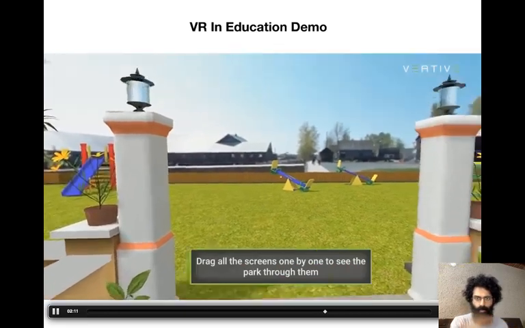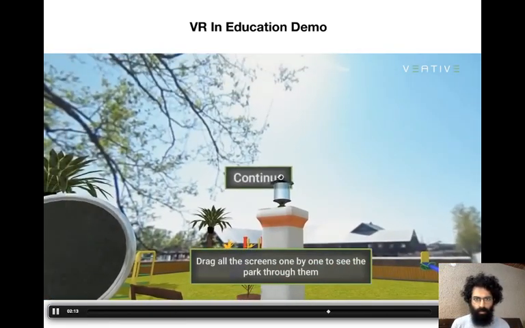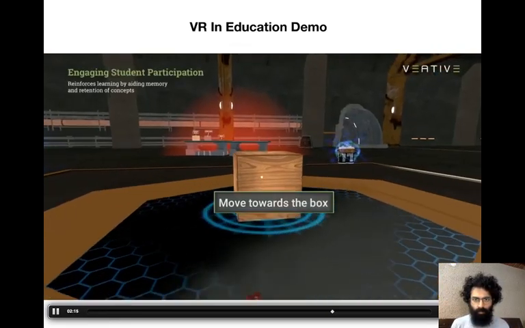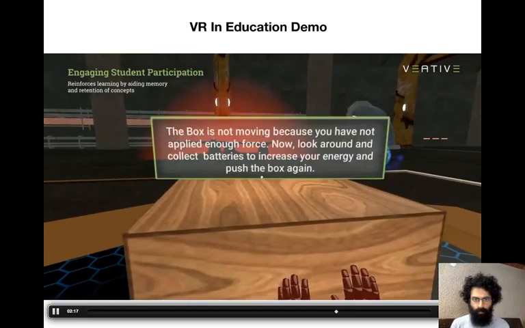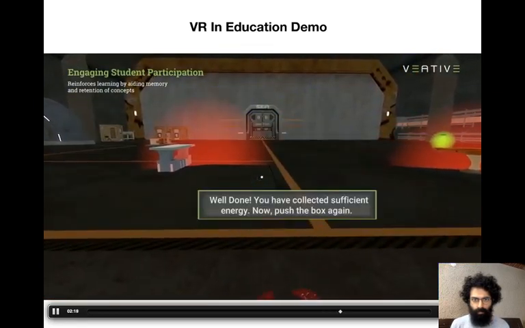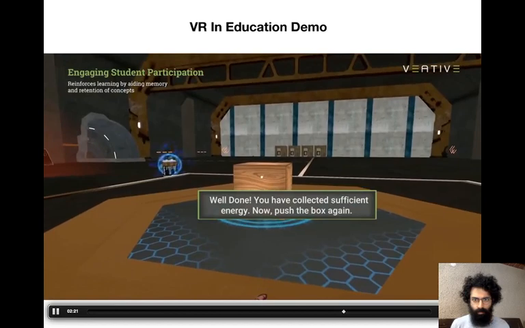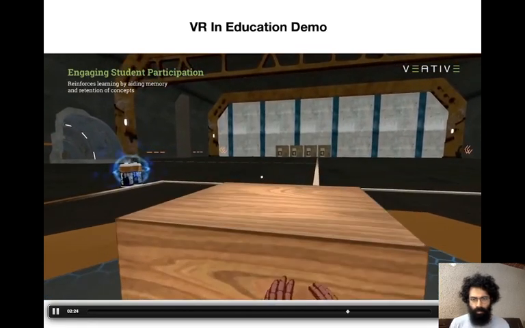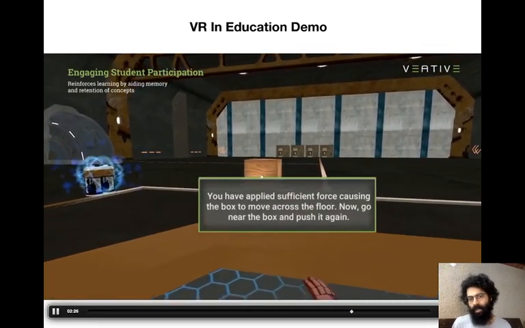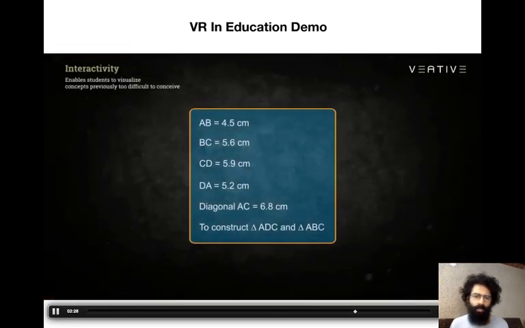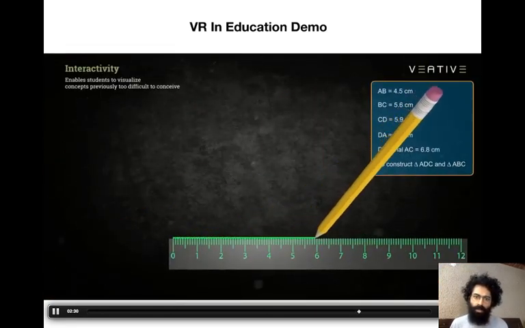So now the user is moving the lens. This self-paced interactive teaching is one of the best ways to teach concepts to students,